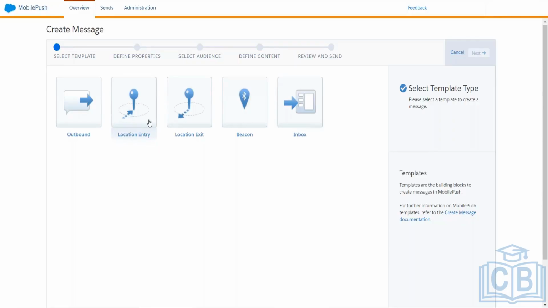I will come up with 2 use cases for it. Before that, I would like to give an example for this location entry and exit campaign. You might have noticed this in India, but I'm not sure how it works abroad. In India, when we move from one city to another state, we get a message from the operator, Airtel or Vodafone, saying, "Welcome to Karnataka," and you will be applicable for roaming charges. And we get this kind of notification as soon as we cross